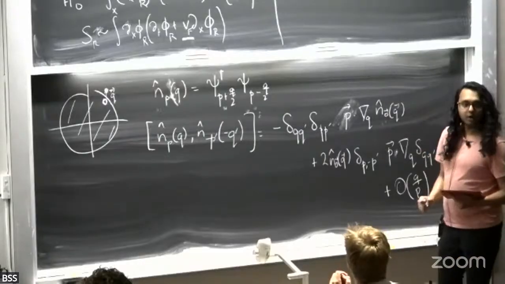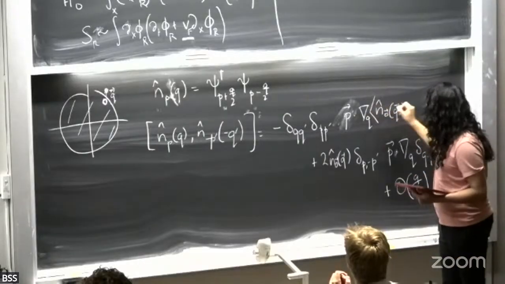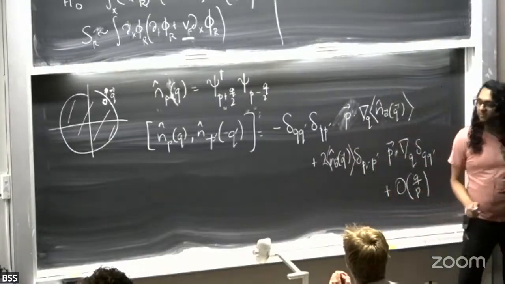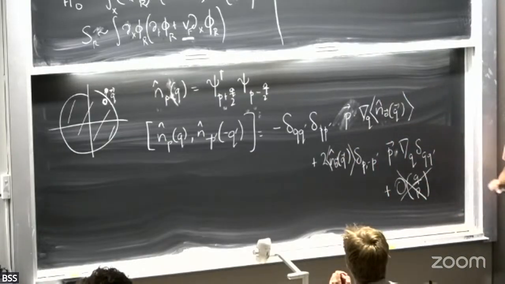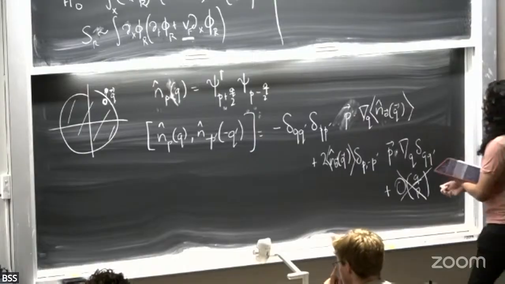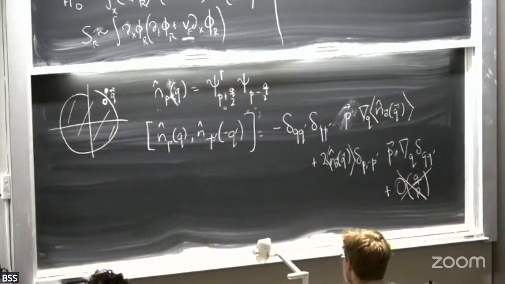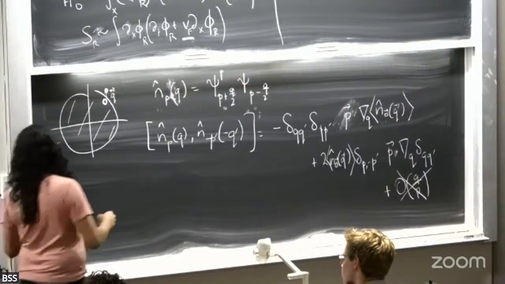But if you do an approximation and replace this by the expectation value in the ground state, then it kind of looks like a Schwinger term. And then you just truncate, and it looks like a Schwinger term for each point on the Fermi surface. And then you can follow this exact procedure again and write down